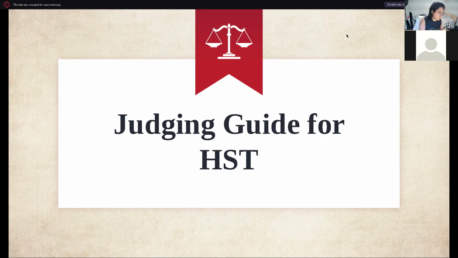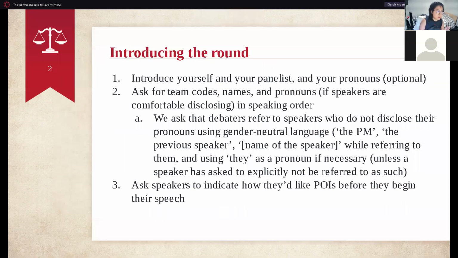Maybe the speaker scores will shift here and there. Maybe you'll have longer speeches at a university tournament. But in general, I think this will be a good introduction for whether you want to judge a high school or a university tournament. So as a quick thing for everyone that might not be familiar with this, I want